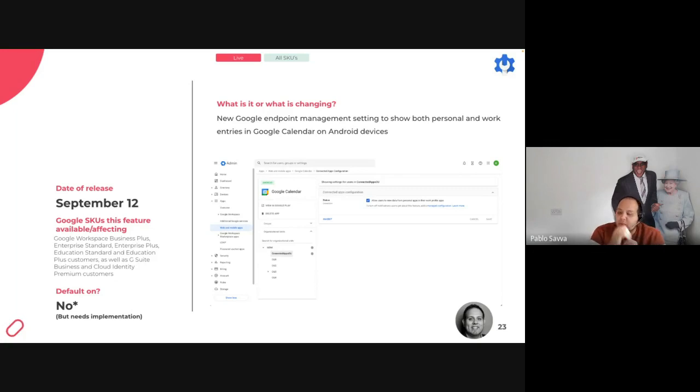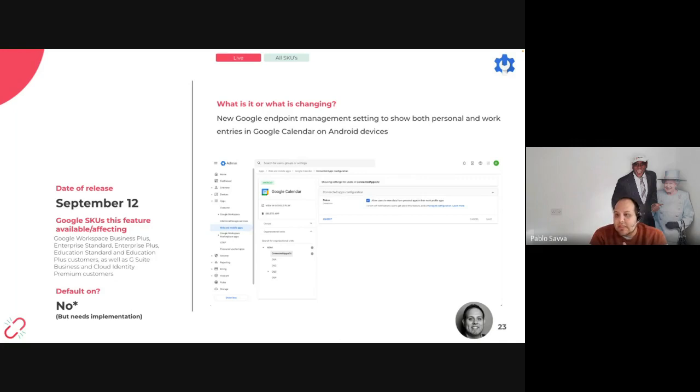For example, if you're out and about and you want to look if you've got some time to do something during the day, you're going to go into your work profile, open the calendar, and make sure you have no meetings. But then you might also want to check your personal one, to make sure you don't have a doctor's appointment or something at that time. So you literally have to switch between the work apps and personal apps to see your calendar